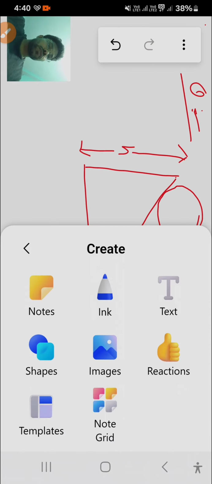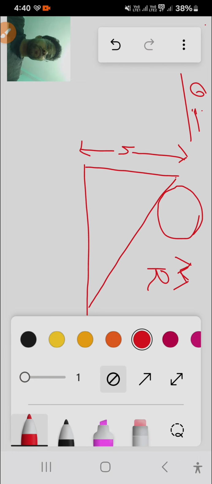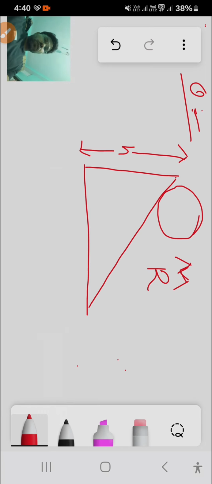Okay, so today I am going to discuss the application of rolling, right? So this is the problem. I will apply the concept of rolling motion in this problem. So this is a solid sphere of mass m and radius r, placed on the top of an inclined plane of height h, and we have to find the velocity of this solid